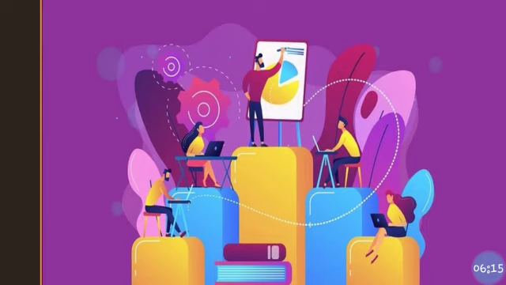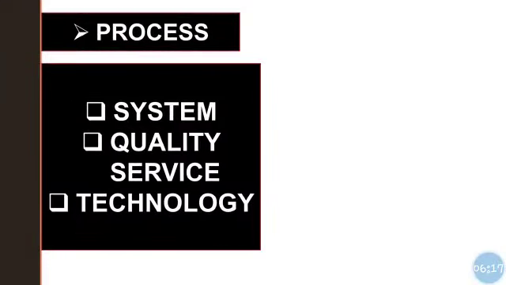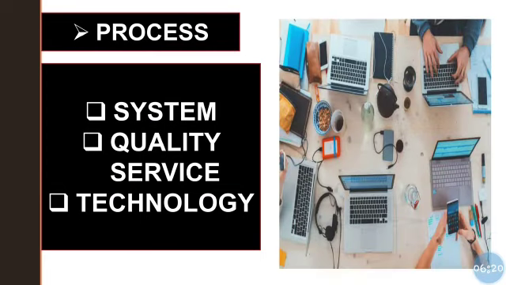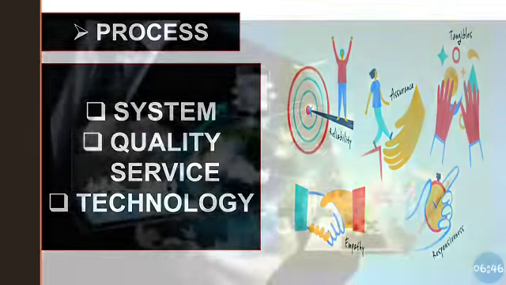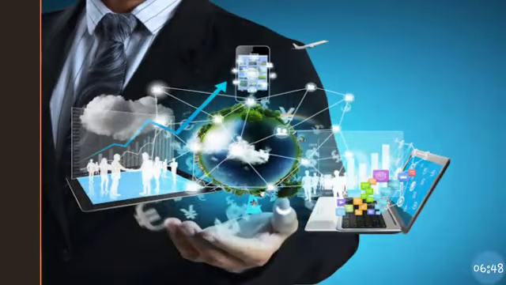Next one is process. The system and process of the organization affect the working of the business. Systematic work is helpful in providing quality service to customer. Good process ensures same treatment or same standard of services to all the customers. It is like following same work pattern in the business, and also to keep watch that how efficiently employees are working with the help of advanced technology.